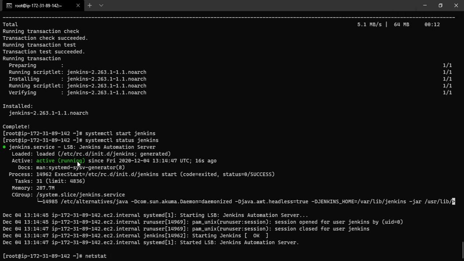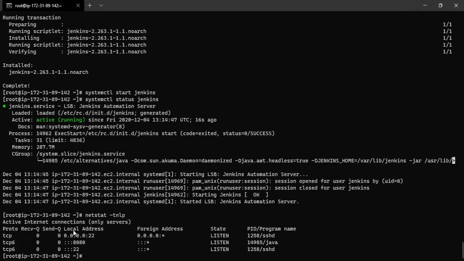One thing that you will notice when Jenkins is installed and started is a new port number that has popped up running a service. That is port number 8080. This is the port number on which our Jenkins service is running.